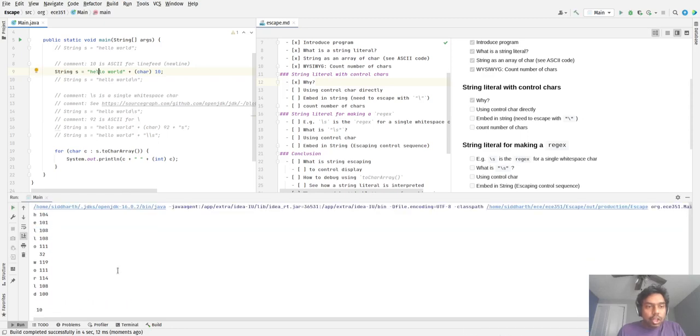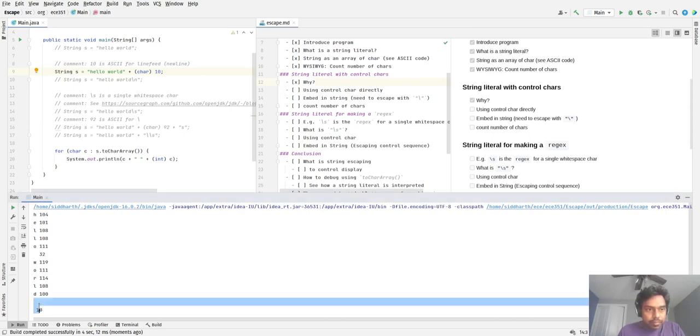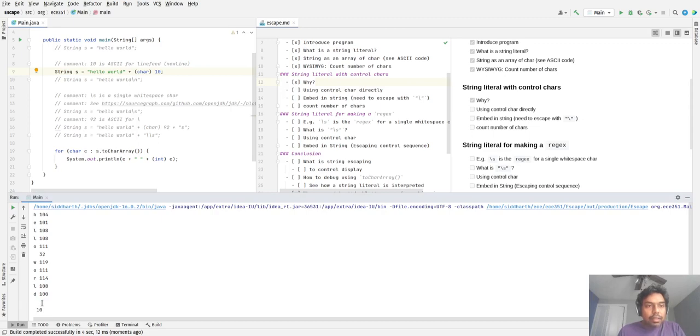Okay, so here we see that after hello world we get a new line, and the reason for that is because we commanded the display to output a new line, and you see that we also output the code for a new line after the new line has been output.